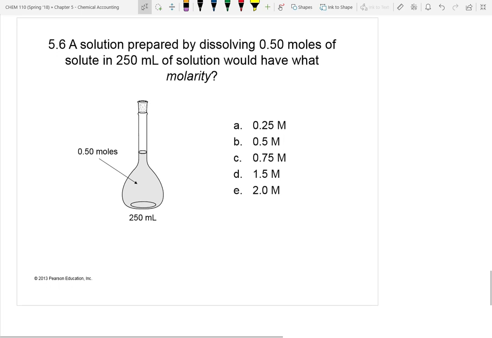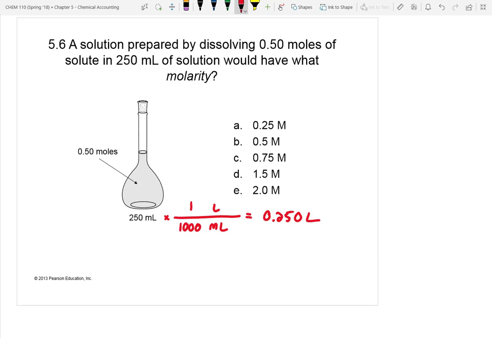A solution prepared by dissolving 0.5 moles of solute in 250 milliliters of solution would have what molarity? Would it be as simple as dividing 0.50 by 250? Not quite. Yeah, you have to convert this to liters, exactly. We don't have the volume in liters, so I'm going to put milliliters on the bottom, liters on top, and now the question is which number goes where? 1 on the top and 1,000 on the bottom, which gives you